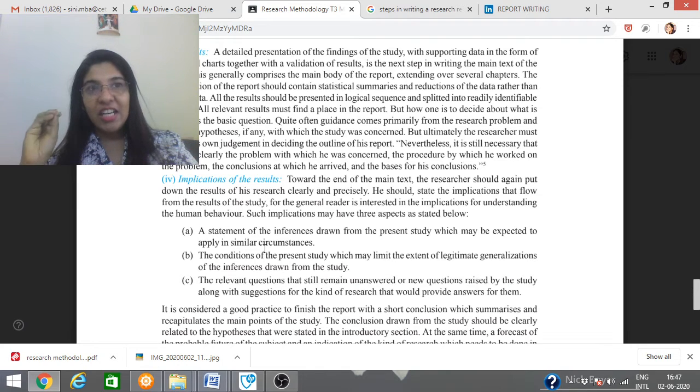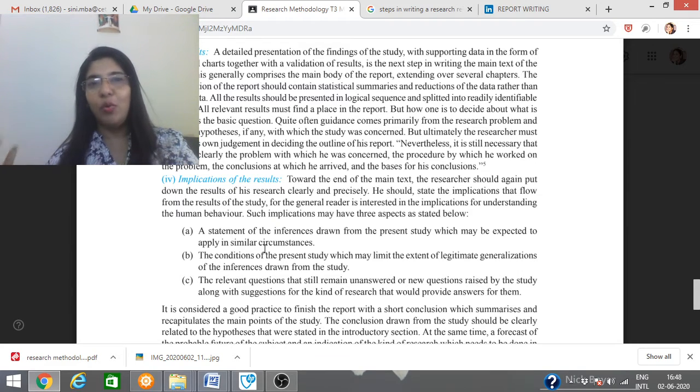A general reader is basically interested in finding the implications. He may not be interested to see the findings of your research, but he will be interested to see what the implications of your research are, how your research is different from other researchers, what are all the positive things you have shown from this particular research, what is new in this research, what is unique in the research.